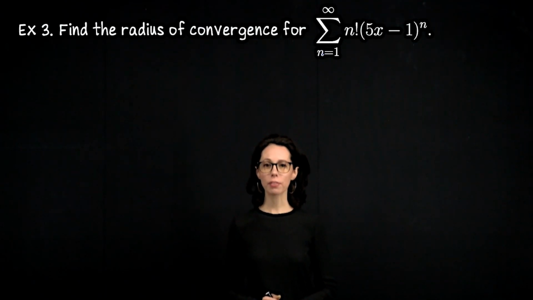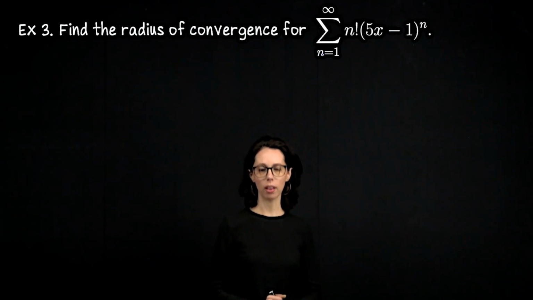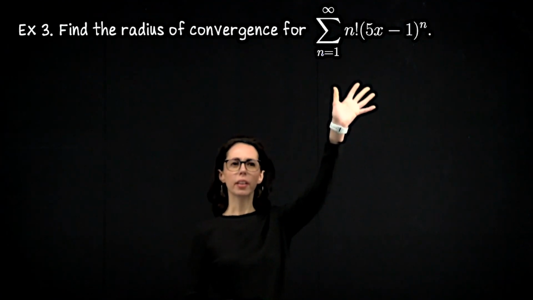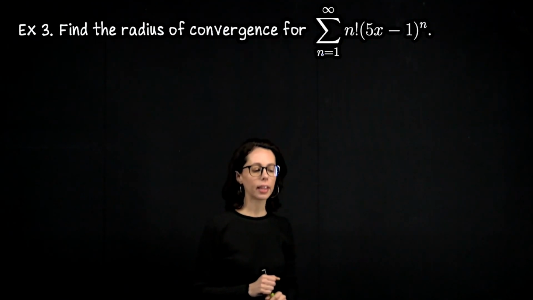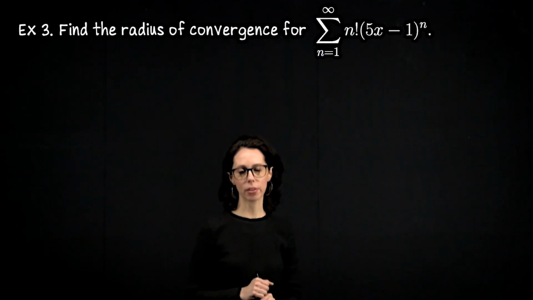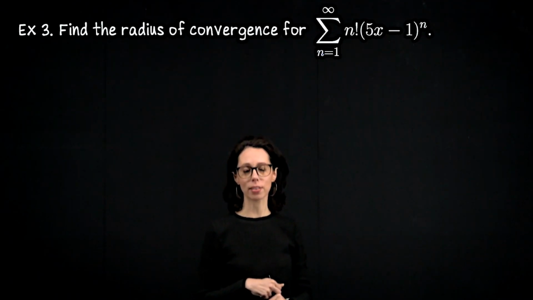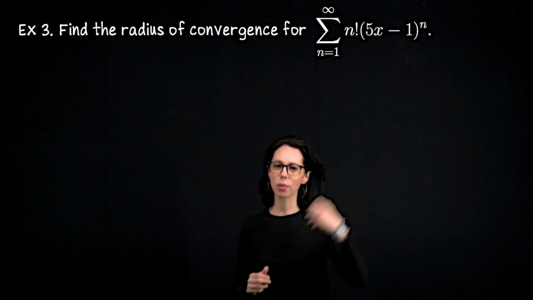Okay, for our third and final example, consider the power series whose terms look like n factorial times the quantity 5x minus 1 to the n. This is not necessarily presented in the traditional power series notation, so the first thing I'm going to do is rewrite this so that it's clear what the coefficients and center for this power series are. But actually, we can work with this the way it is to find the radius of convergence. So after doing the conversion to a more traditional looking power series, I'll revert back to this for the